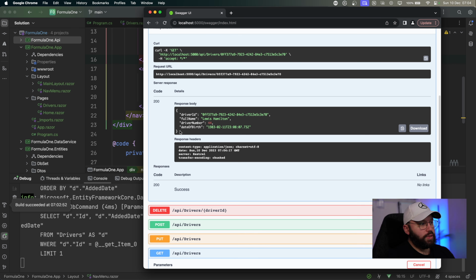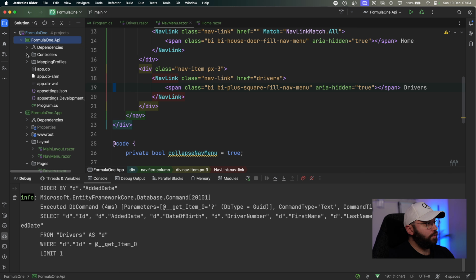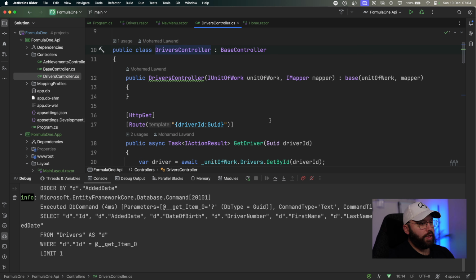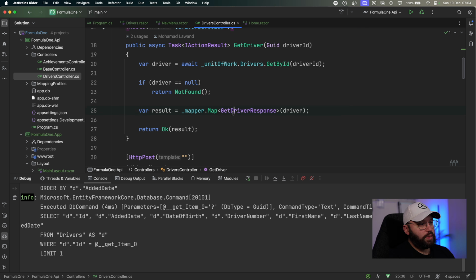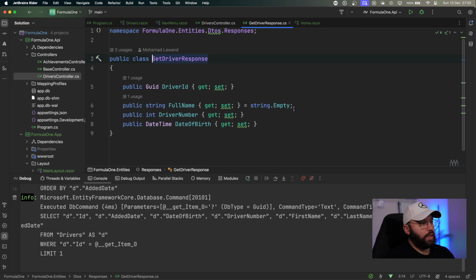And as I click on execute, we can see we also get the full name, driver number, and the date of birth. The thing that I want to add here is I want to get the first name and last name separately rather than having them both together. And once I do that, I can start working actually on my Blazor application. So let's update this. So I'm going to stop my application, and I'm going to go here into my controllers and drivers. So first of all, I'm going to go where I have my get driver, and I can see I have my get driver response. Let me go to this,